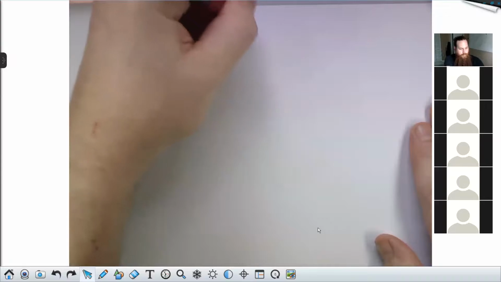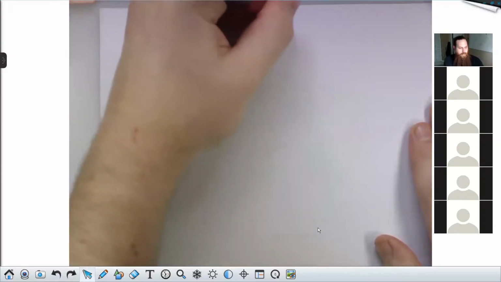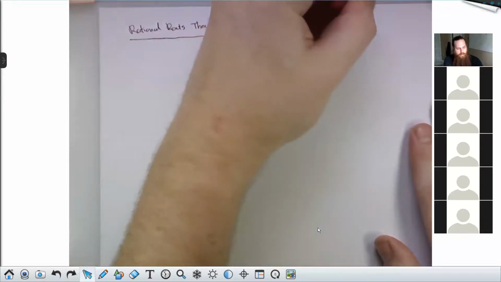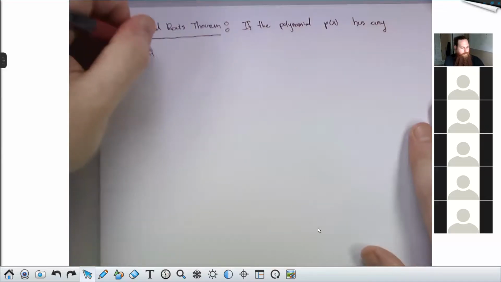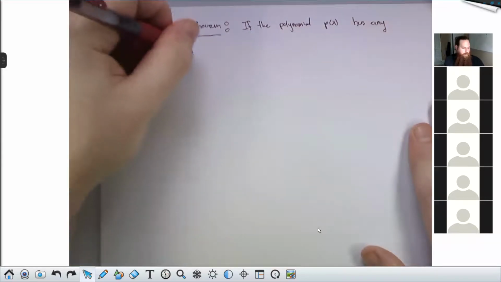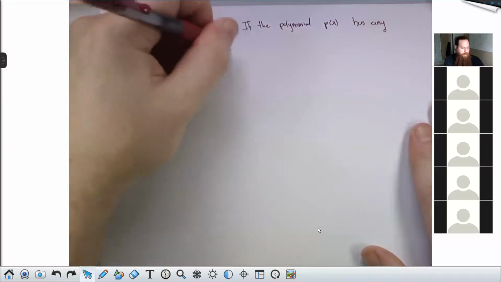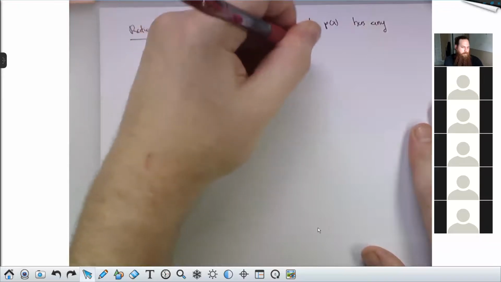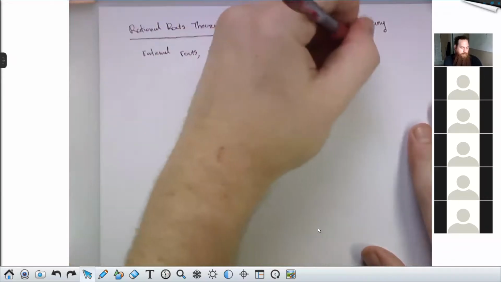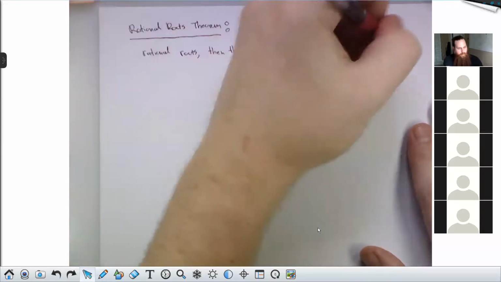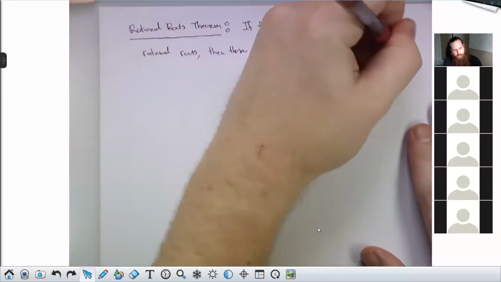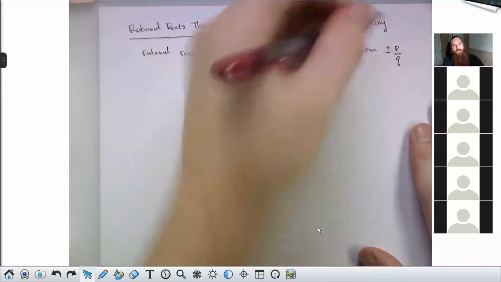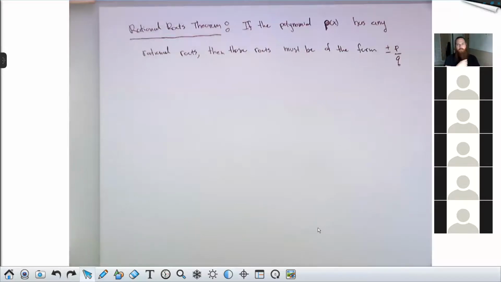This says if the polynomial P of x has any rational roots, then those roots must be of the form plus or minus p over q. So I want to be clear here. The polynomial is a big P. This is a little p, little q. So not the same symbols there. Where